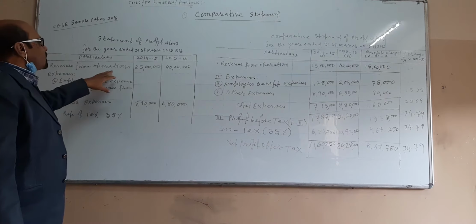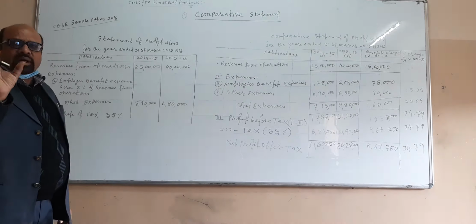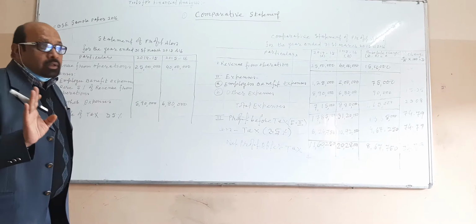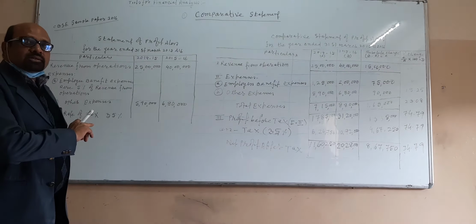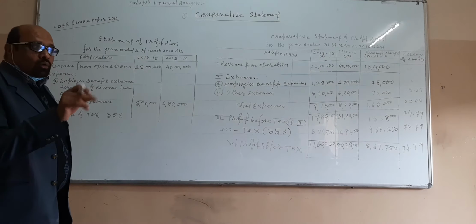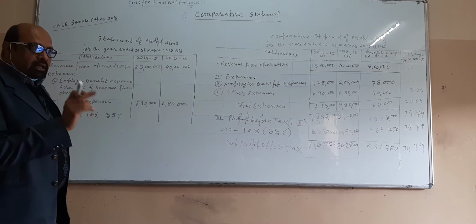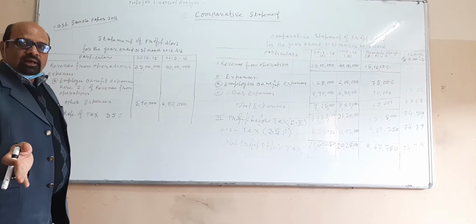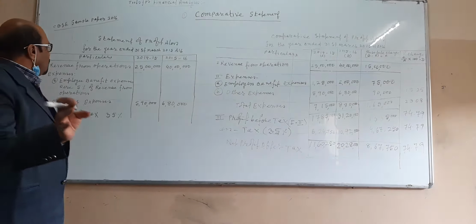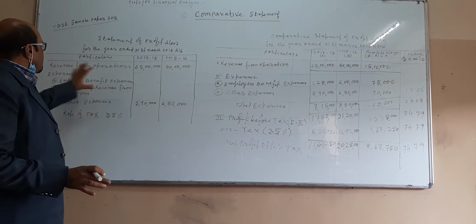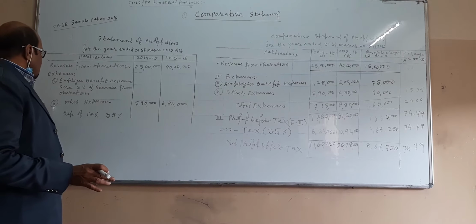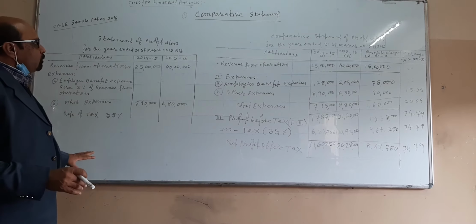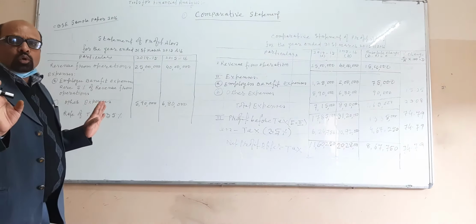The revenue from operation. In simple words, you can say revenue from operation means sales. Right? But now you have to use this word. Why? According to the Companies Act, the Companies Act 1956 was changed in 2013, and now we write what? Revenue from operation. After that, so many expenses are given, rate of tax is given, right? And with the help of this, you have to solve the question.